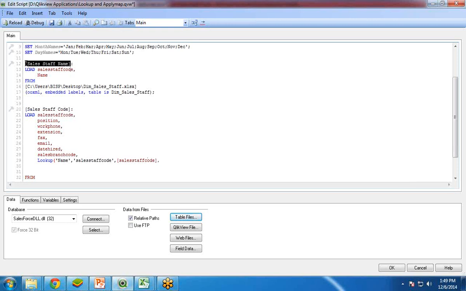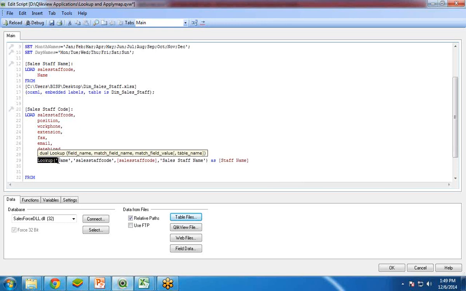We are doing the mapping from this table, so I give in single quotes sales staff name. And I would like to add a new column into this sales staff code table, so I write here as staff name.